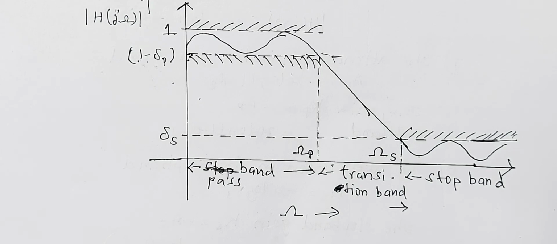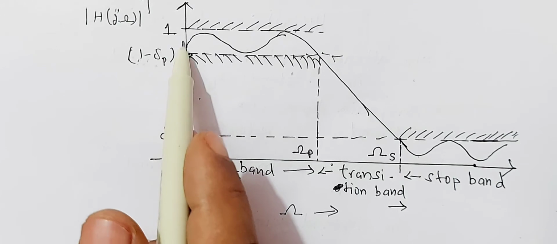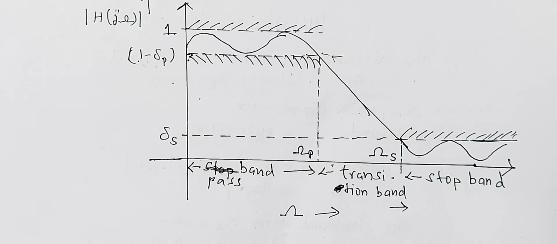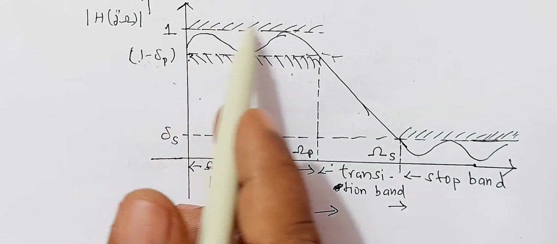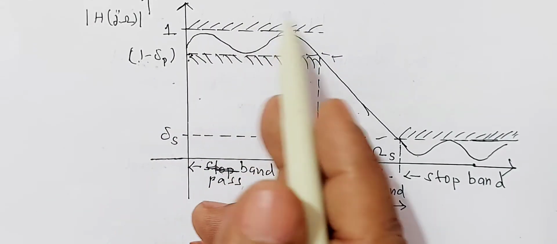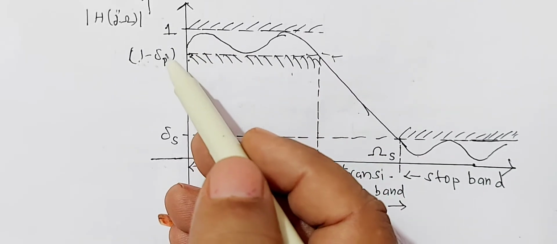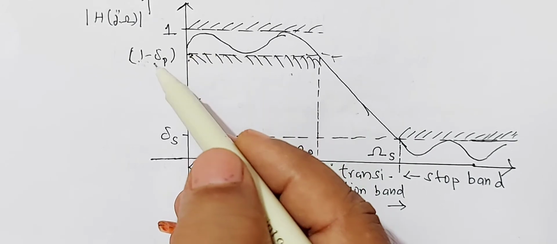You can also consider that value, because if delta p is 0.1, then what is 1 minus delta p? 1 minus 0.1 is 0.9. 1 is almost equal to 0.9. Therefore, delta p is called tolerance. That is, the value either increases or decreases from the rated value. Here the rated value is 1. But above this 1 it is not specified, therefore we won't consider it. We consider only the lower value. So the value of 1 can be changed by minus delta p, that is, from 1 to 1 minus delta p.